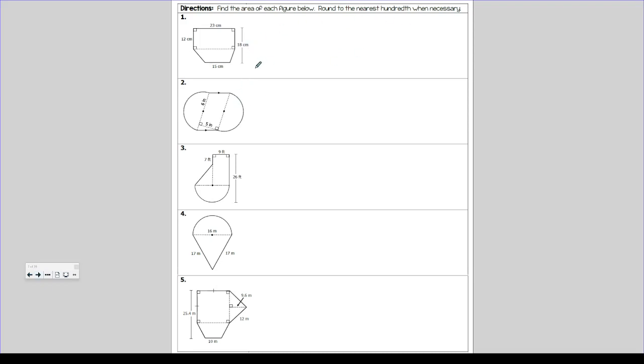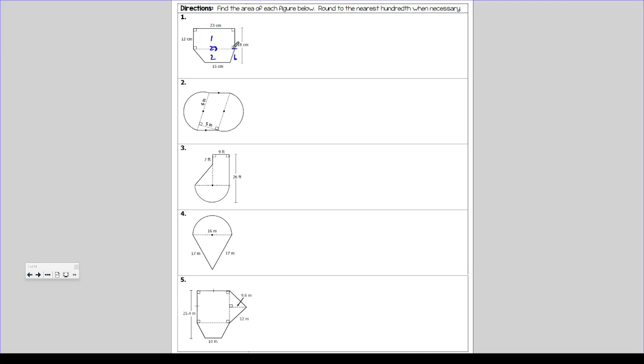Find the area of each figure, round to the nearest hundredth. So we have a rectangle, shape 1, and a trapezoid, shape 2. The rectangle is 12 by 23, and by subtraction, we know that since the rectangle is 12 high, the trapezoid is 6 high. We also know that since it's a rectangle, this other base of the trapezoid that's not labeled